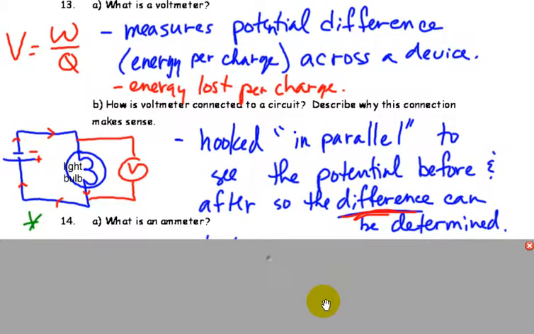Okay, I think we're running out of time here, folks, so we'll do one more video. We'll start off with ammeter, look at how those are hooked up, and then we'll look at the vocab there and finish it off. So we'll see you